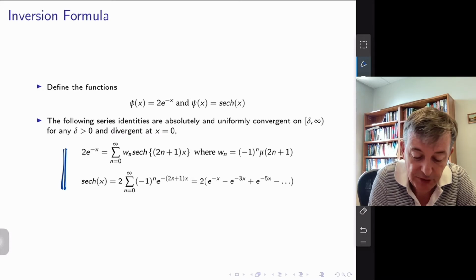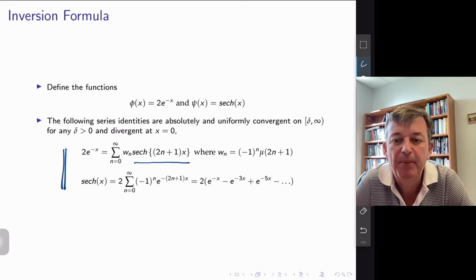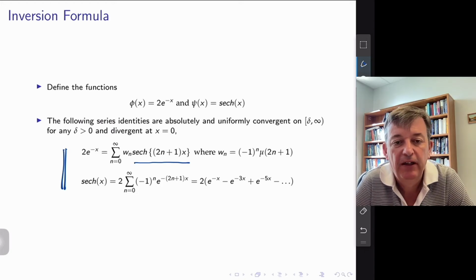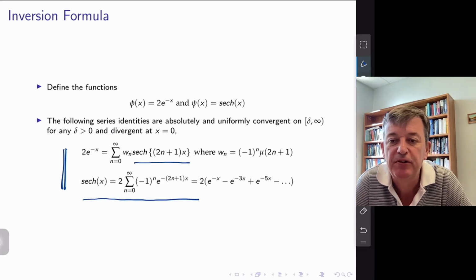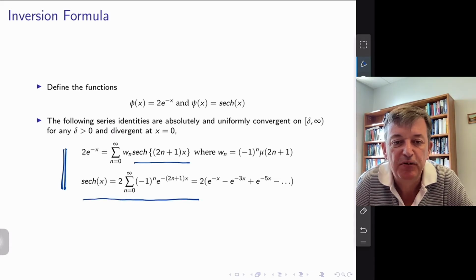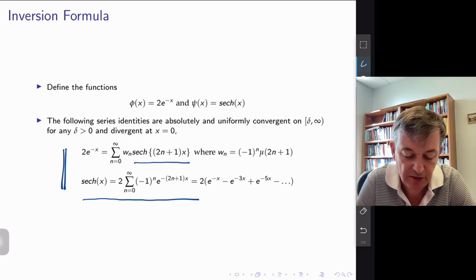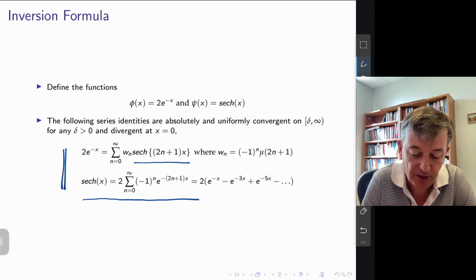So from the Salem result, we know that the zeta function is essentially a Mellin transform of this hyperbolic secant function. And we know from the previous slide that the exponential can be written as a sum of secants. And then, of course, we know we have the other way around too. So this is one of these nice statistical, functional analysis dualities. We can write the exponential function as a sum of secants, and we can write the secant as a sum of exponentials.